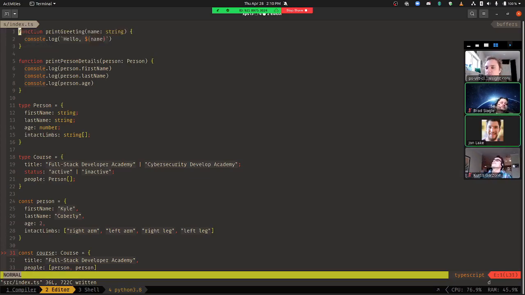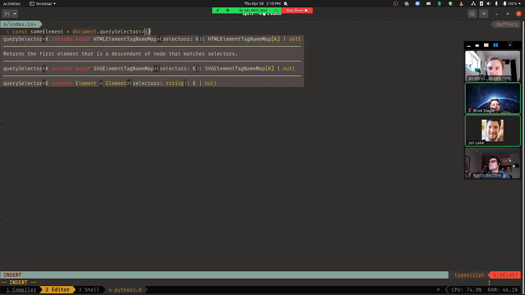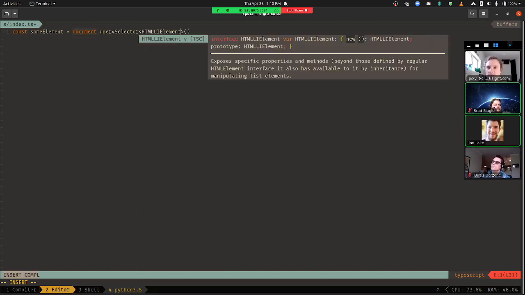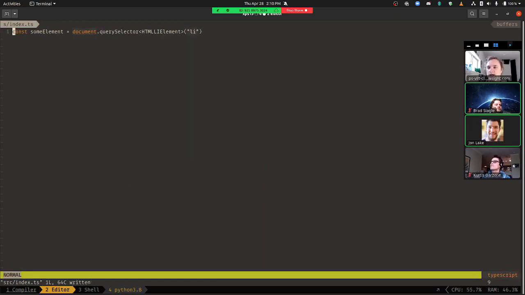So if I'm doing something like some element is document.querySelector, and then I need to tell it what kind of element it is. This is a thing called a generic. There's a section on this in the reading. So like HTMLLIElement. Give me an li. So that's really some li. If I want to do something on that, like for example, set its text content,